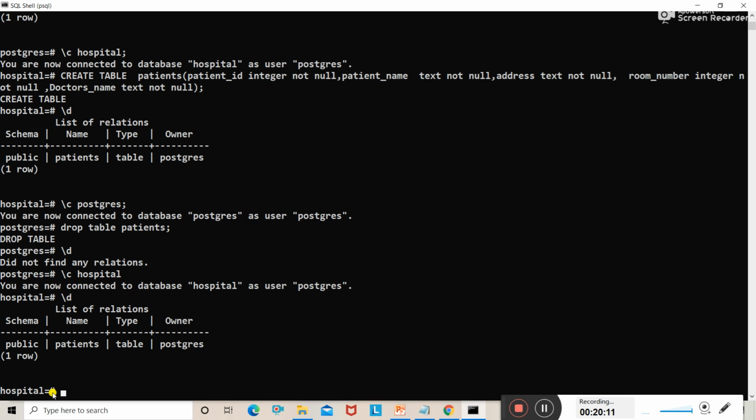That means we have successfully created a table in hospital, and the name of the table is patient. And we have created it in the hospital database, and we have deleted the table named patient from the Postgres database. Got it?